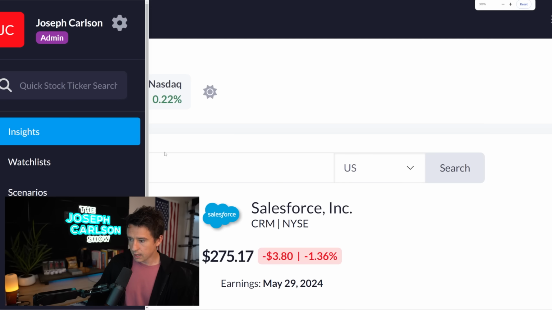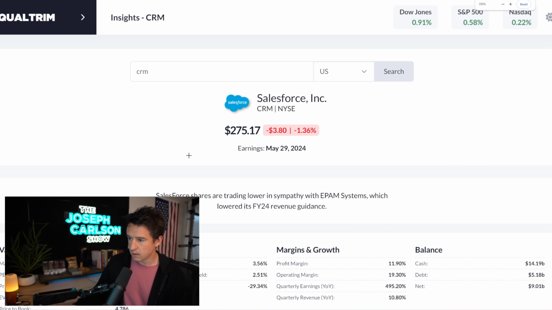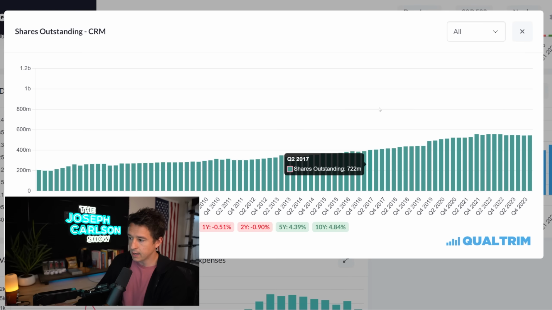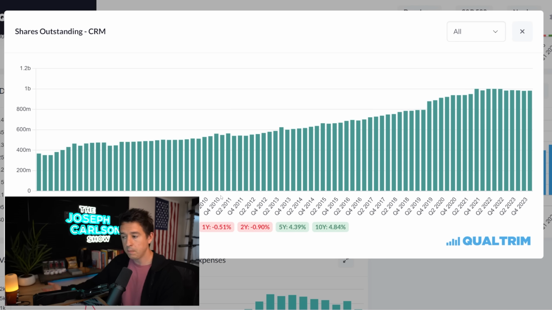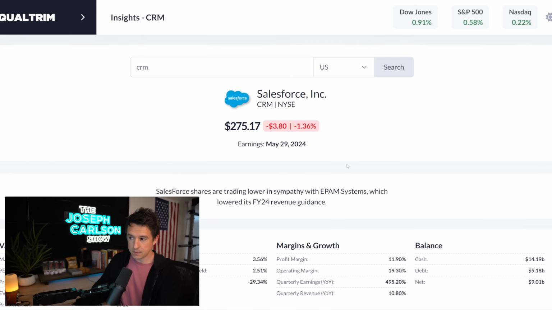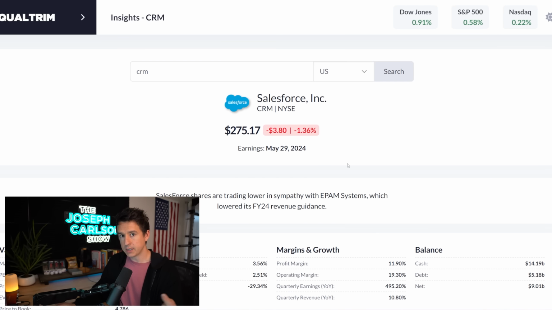Meaning that if the stock goes down, okay, let's pretend it goes down here, like 20% or even more. What if it goes down 50%, right? What if the stock gets cut in half? Bummer, right? That's no fun. But if it did, they could buy back shares at double the rate. The money that they can now put into buybacks because they're earning a lot of free cash flow is twice as effective if the stock price goes down by half. Because again, if they do buybacks, they're buying their own shares. If the share price goes down by 50%, now they can buy back their shares at a cheaper price.